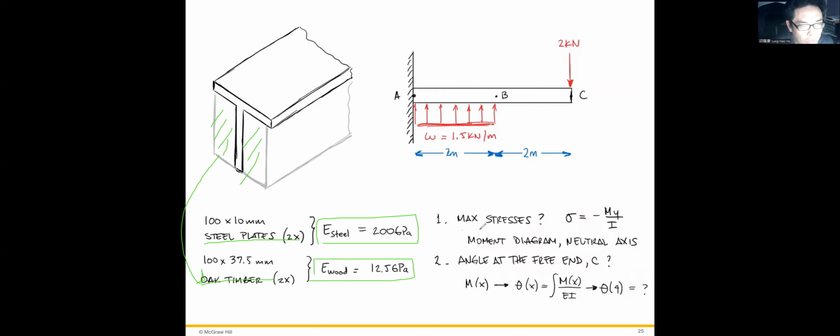And what is the maximum stress? Okay, so can you plot the moment diagram or where's the neutral axis? And what's the angle at the free end of the C? Okay, so in this case, this cross section of this beam,